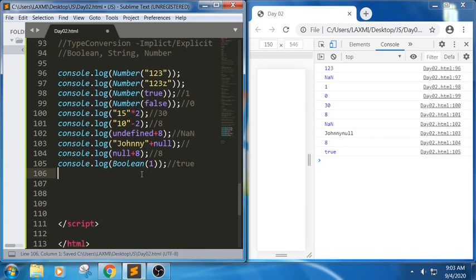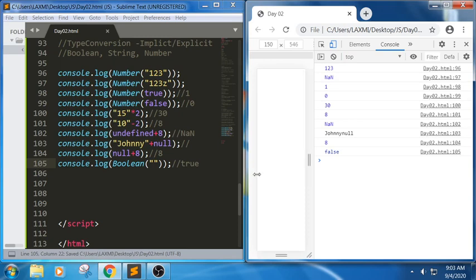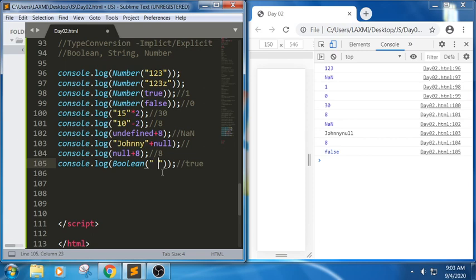So based upon the values, whatever we take, it will try to perform its own operation. For example, if I write Boolean of empty space, in the sense there is nothing here, it will try to return false. If I write Boolean of some value inside it, what will it return? I have written without space, it will return false.